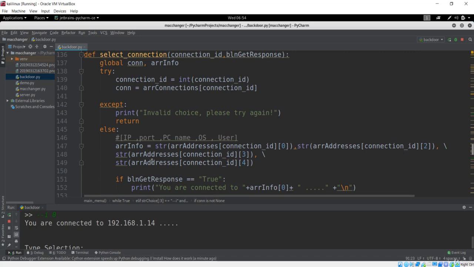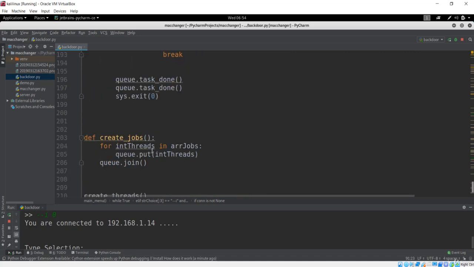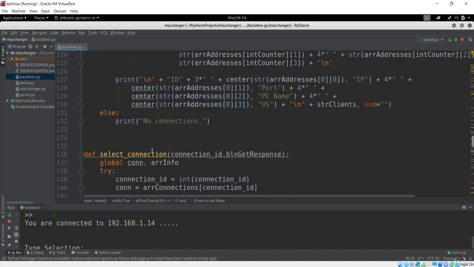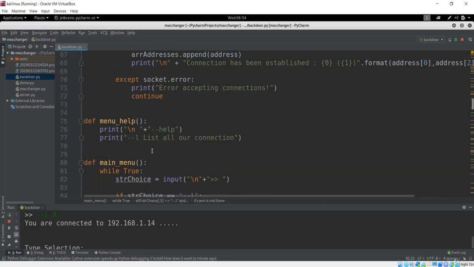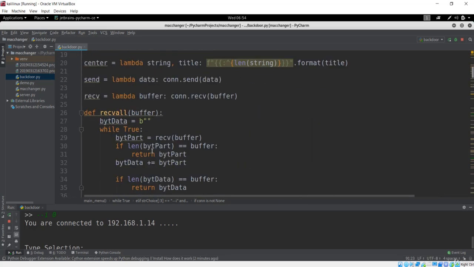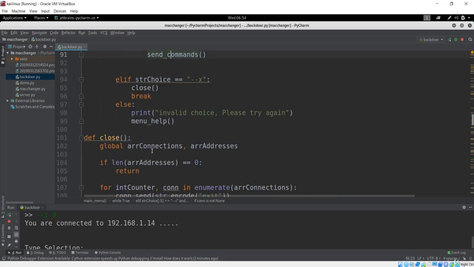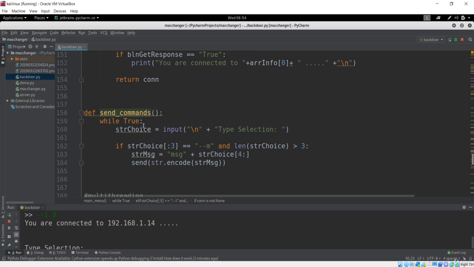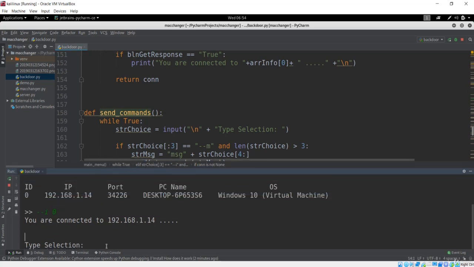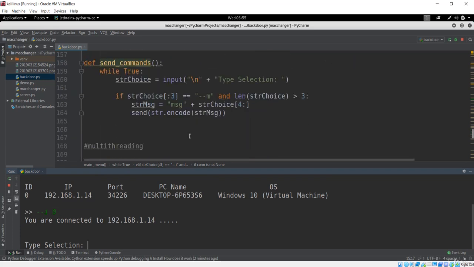So let's go to the send command. Okay, where is send command? That must be somewhere here. Okay, seriously, where is it? Select commands, select connection? Okay, it is here. Send commands will just input the type selection, which is right here, and we can input now everything in this type selection. But we have only one command in this send command now, which you can see here, that is the --yum command, which is going to give us a VBS message box.